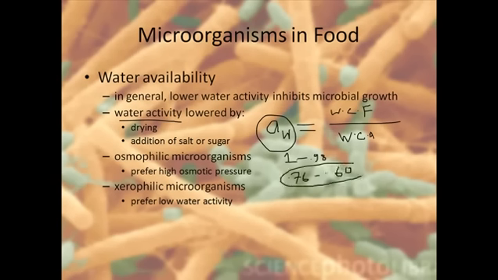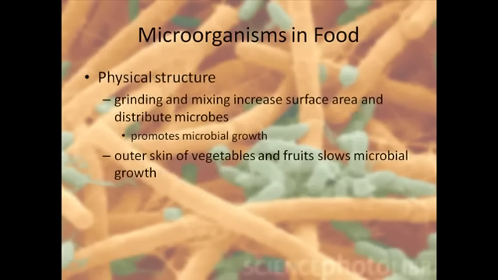So some molds can grow in lower water activity, but most of the bacteria need a water activity of 1 or 0.98 to grow. And when you talk about osmophilic microorganisms, those microorganisms prefer high osmotic pressure to grow on, but these are rare. And what do you mean by xerophilic microorganisms? They prefer low water activity to grow. We also have some microorganisms that love to grow in lower water activity. We call them the xerophilic microorganisms.